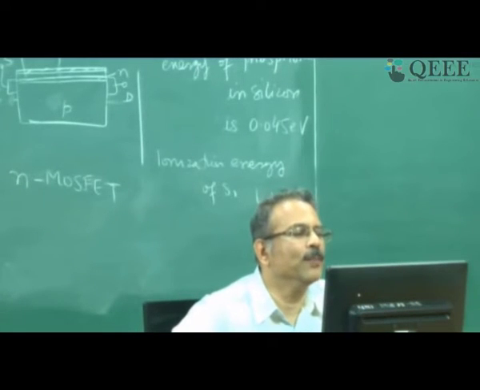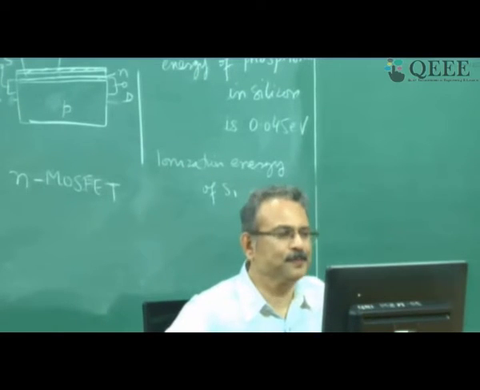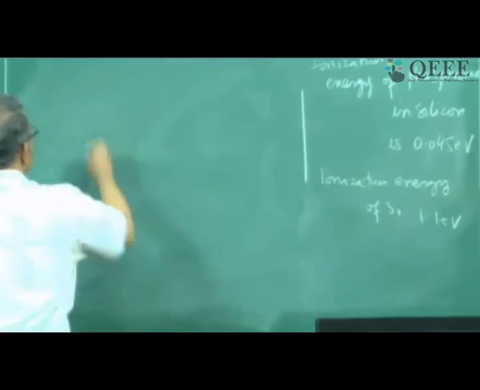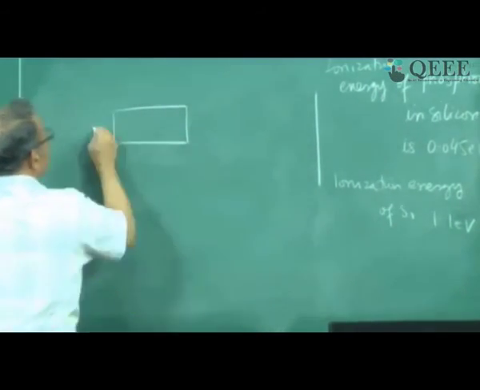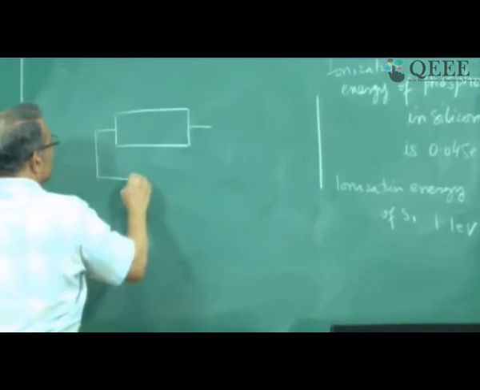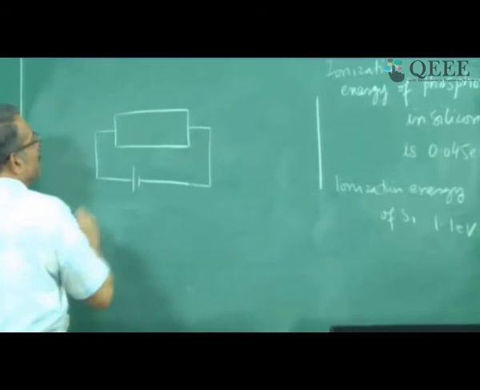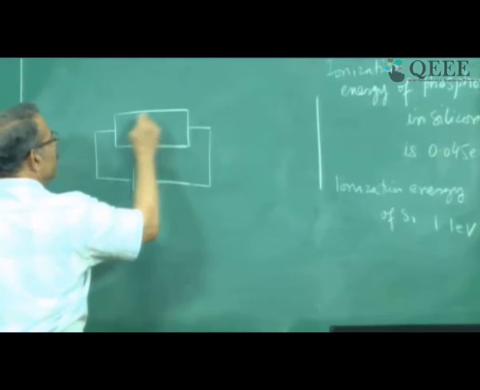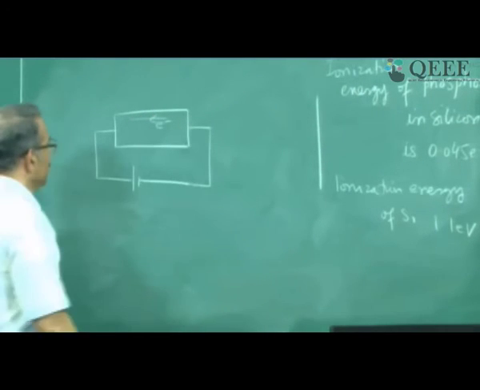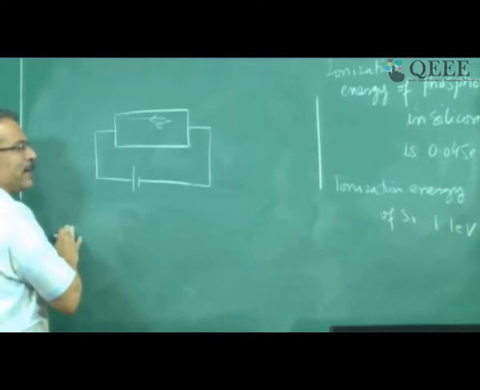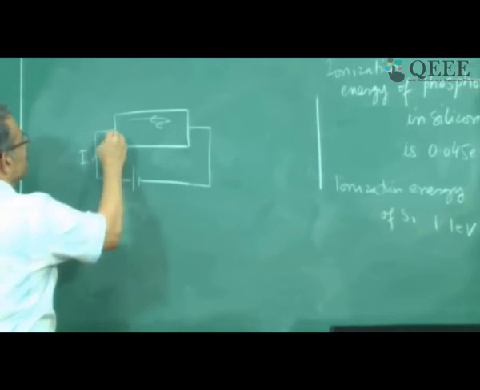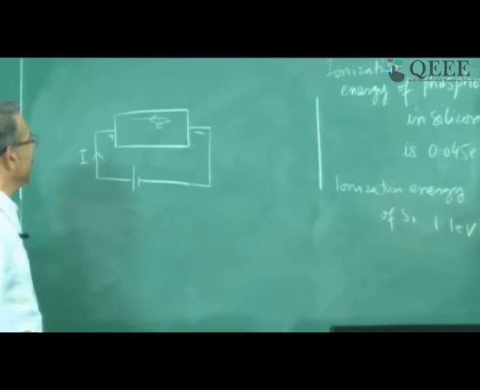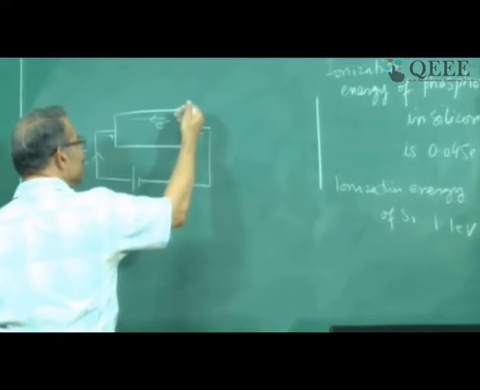Why is the direction of hole flow considered as the direction of current flow? Look, it is like this. Suppose this is a semiconductor, and you are applying a voltage. Now, the electrons in the semiconductor will always move from the negative to the positive terminal. All electrons will move like this. Now, when you are asked which is the direction of current flow in the terminal, you will say current flows into the positive terminal, right? The positive terminal of the battery gives you the current and current flows in, right? But if you see the electron flow, it is from negative to positive.